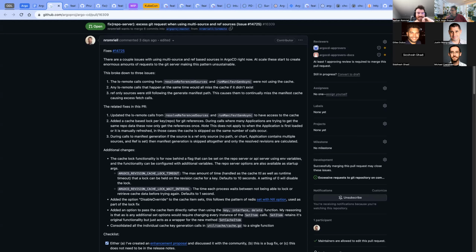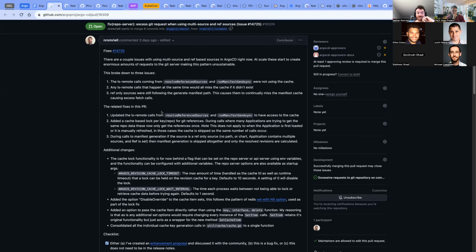Generally what happens is you get a bunch of requests at once and they will all miss the cache because it doesn't exist for all of the coroutines at the same time, or for different repo servers when you have multiple. They'll all miss the cache and they'll all make a request. So basically the solution here is a temporary cache-based lock on the first requester.